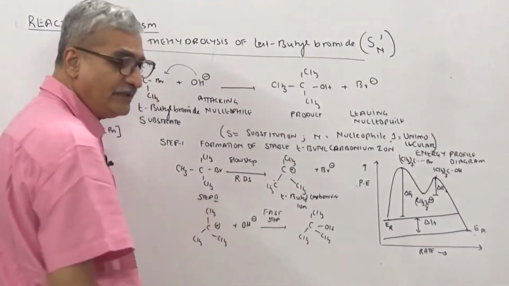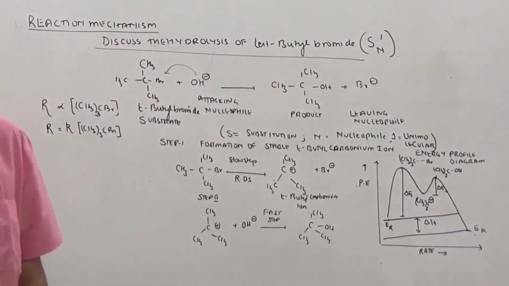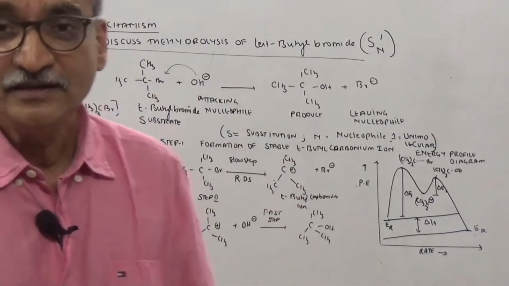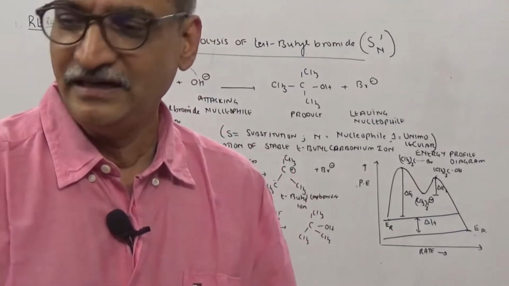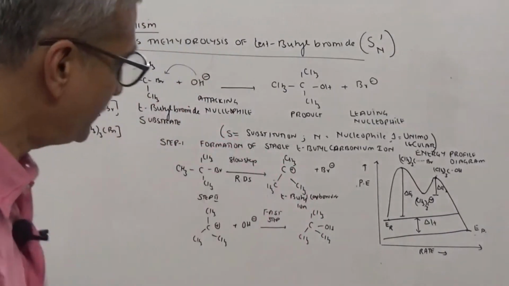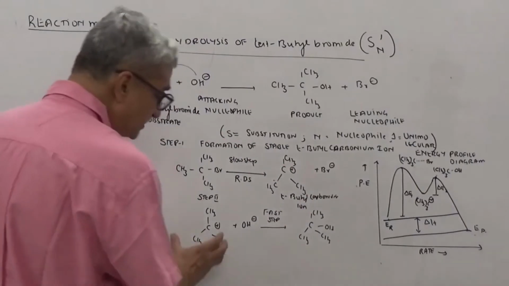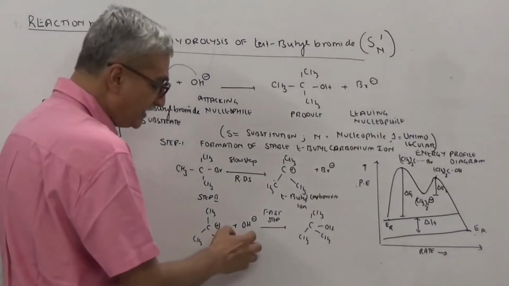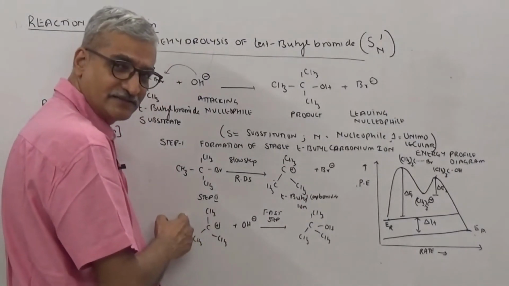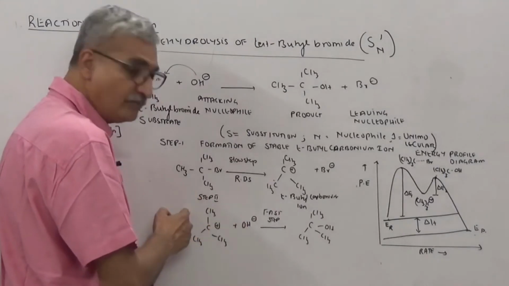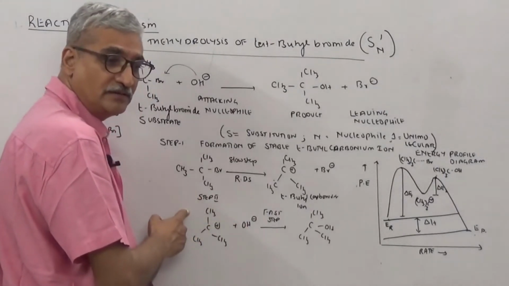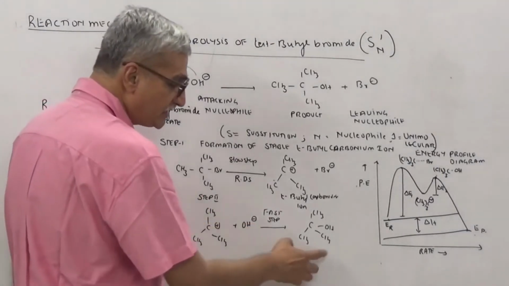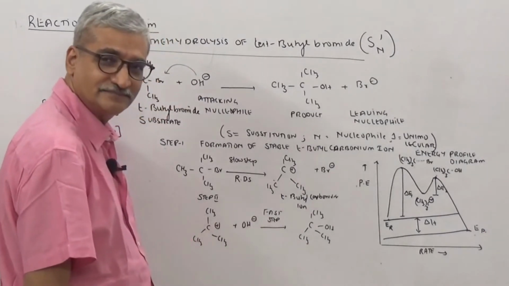And why is it forming? Because why would tertiary butyl carbonium ion inherently form? Because it is stable. And why is it stable? Because of hyperconjugation. Then this tertiary butyl carbonium ion is immediately attacked by OH minus. Between ions and a neutral molecule, ions are less stable. They form tertiary butyl alcohol immediately.